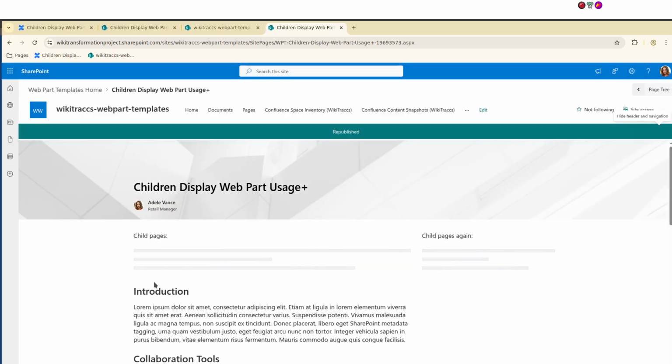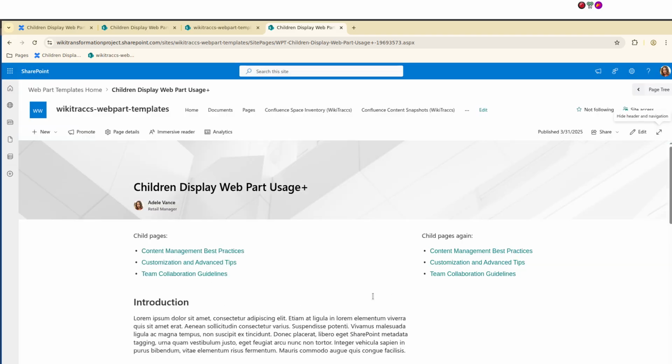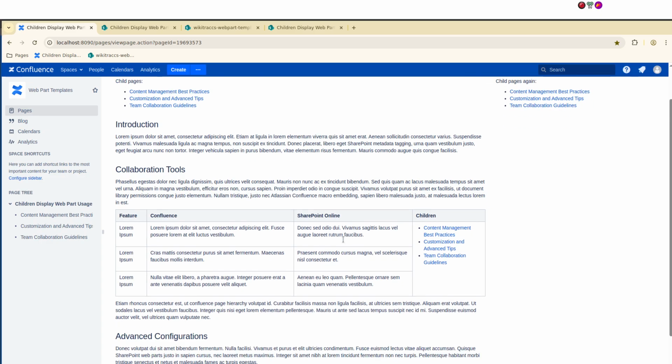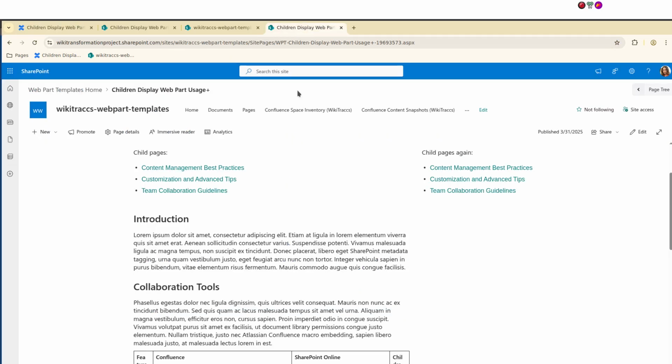Now, one thing to highlight here: SharePoint has a pretty big limitation when it comes to web parts, because web parts cannot be nested. So you cannot put a web part into a text web part. That is not possible. And now when you look at the Confluence page again, I have this children display web part. I put this into this table to just highlight how that looks in SharePoint, because this is not possible in SharePoint. So when going back to SharePoint,